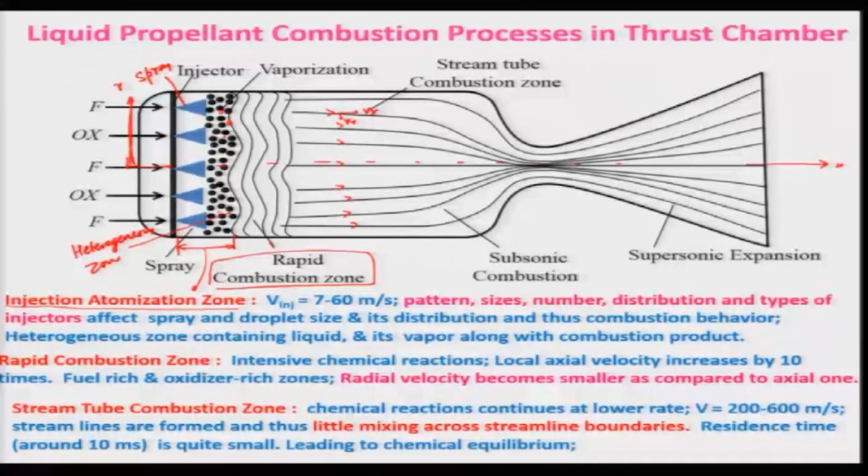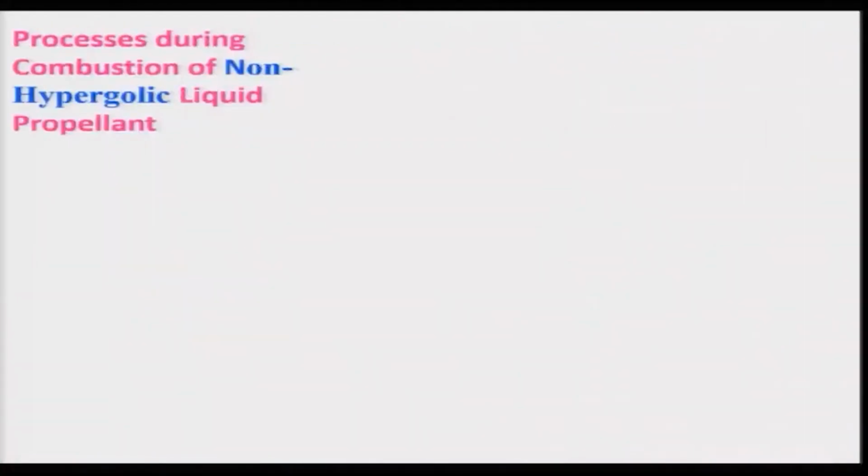However, it will definitely be continuing at a much lower rate, and the velocity by this time could have increased to 200 to 600 meters per second, and thus very little mixing will be taking place. As I told, V r will be smaller as compared to V x, and the residence time will be smaller, which is of the order of 10 milliseconds, leading to almost chemical equilibrium, but in some cases it may not be occurring. So, the processes are quite complex in nature,